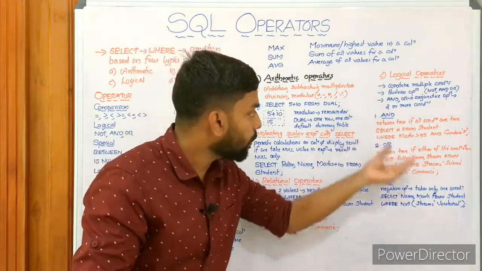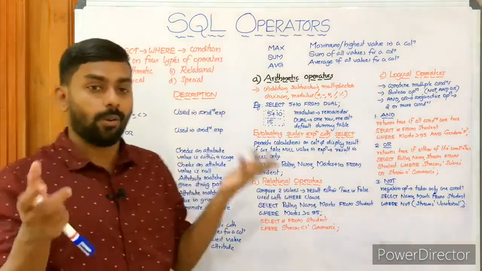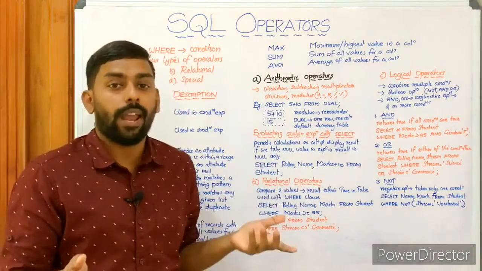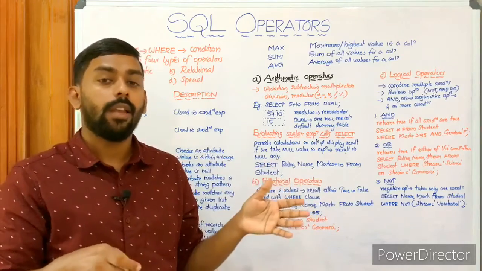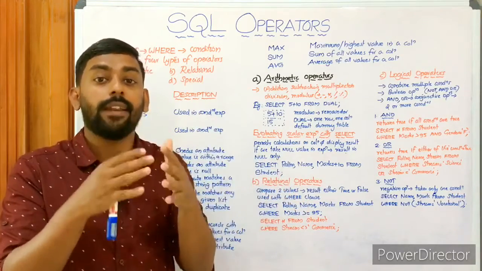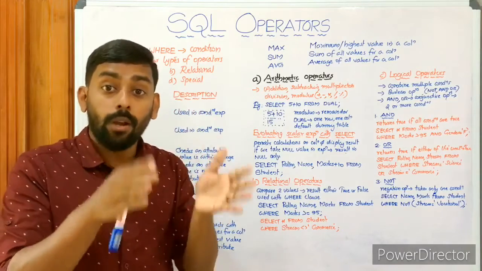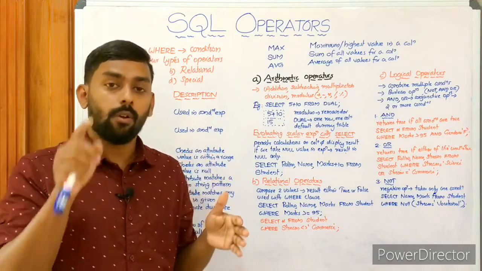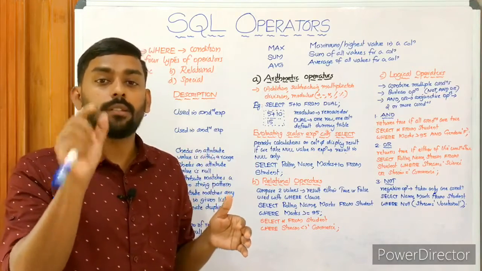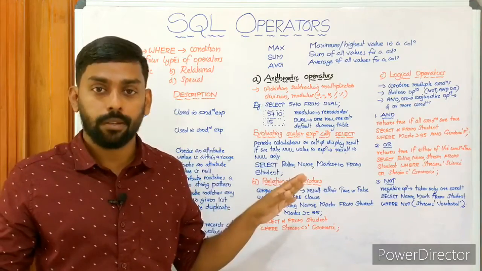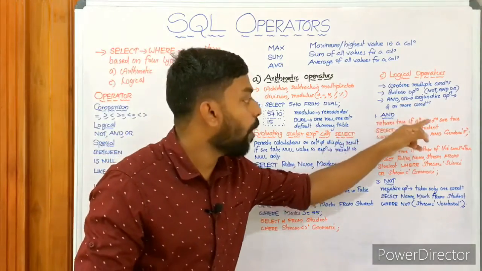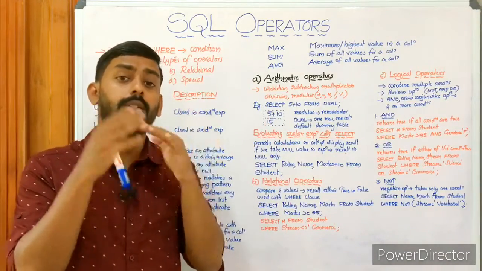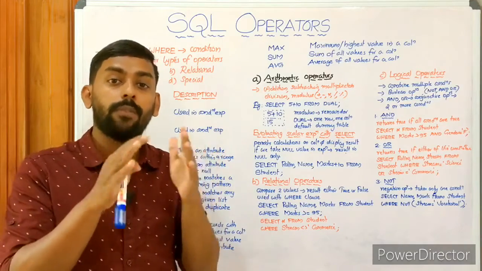Let's look at the operators and, or, and not. First one is and. We know what and is; in English we have already learned it. And combines two expressions and evaluates to true only if both the conditions are true, or we can say and returns true if all the conditions are true. Suppose there are two conditions: it returns true only if both are true.